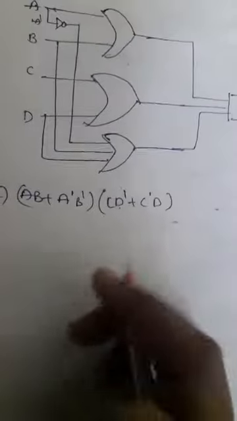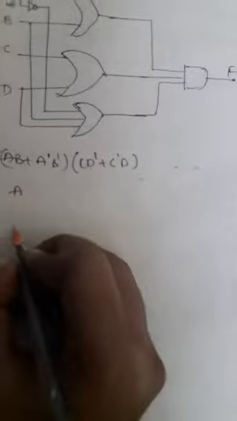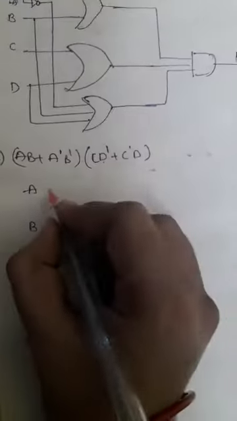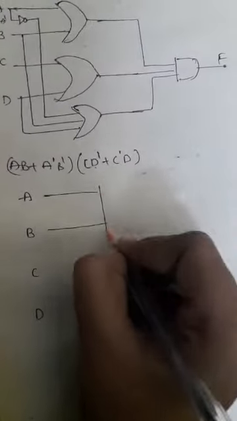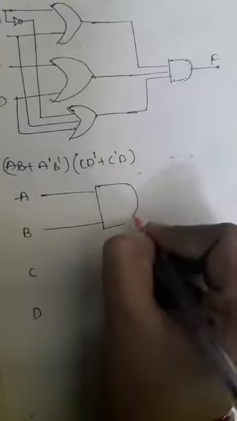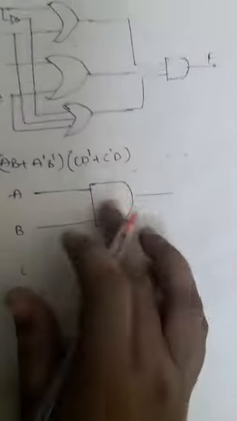This is the F function. Okay, now coming to the third function, that is nothing but AB plus A complement B complement into CD complement plus C complement D. Okay, so this is our final function. So now first I am taking the variables A, B, C and D. The first one is AB. In between A and B we'll have the AND operator actually. The dot operation is there now. So directly we'll take AND.